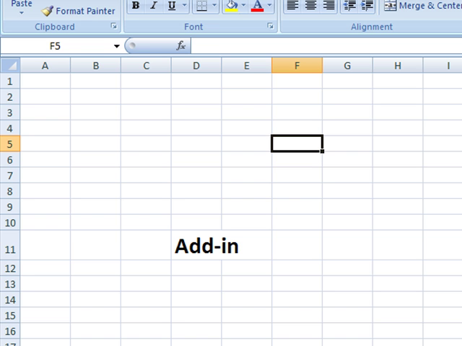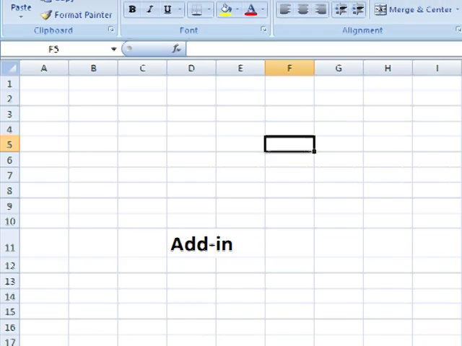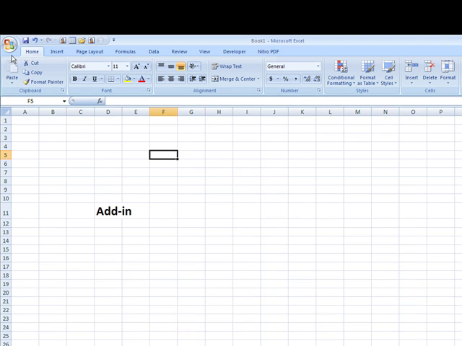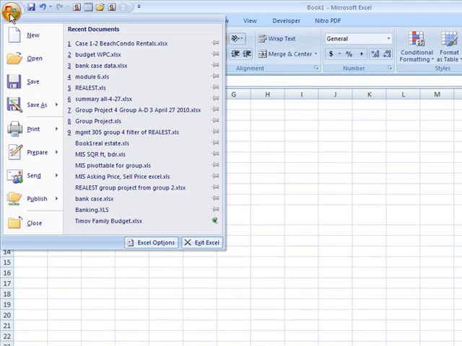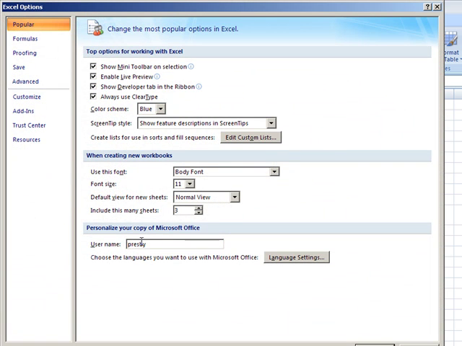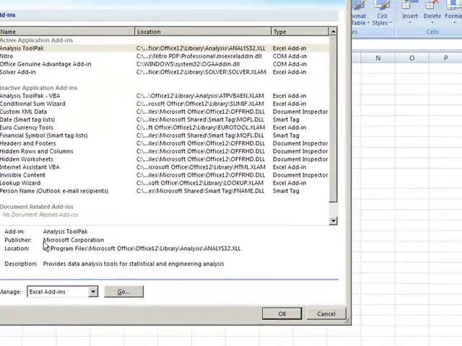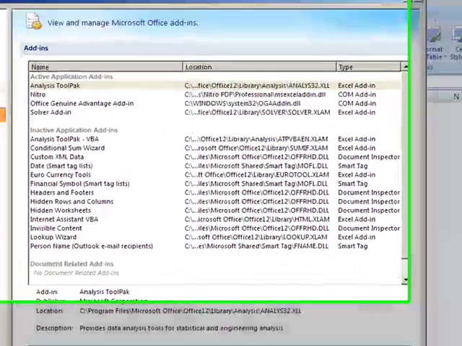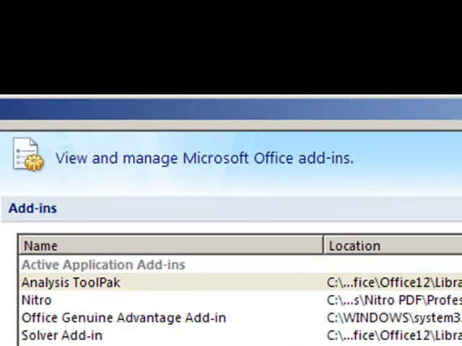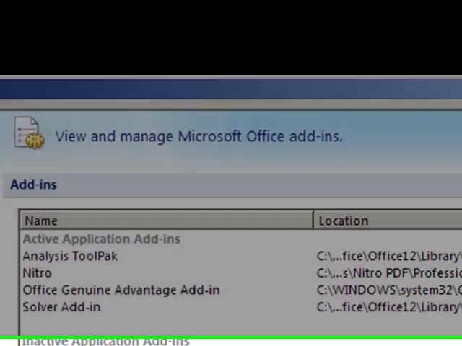To load or unload an Excel add-in program, we first click on the Microsoft Office button, and then we click on Excel Options, and we click on Add-ins. Now we have a number of choices. We're going to look for the add-ins, and we're going to choose the Analysis Tool Pack. We will now choose Go,